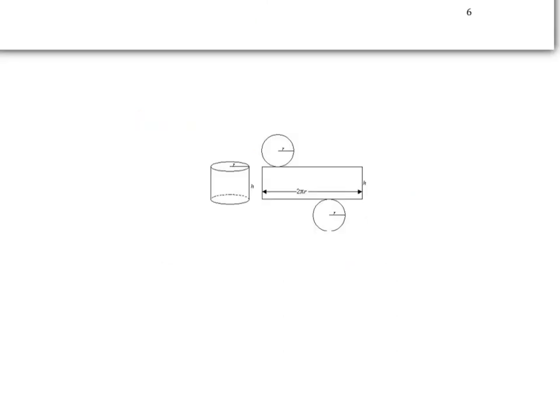Picture a wrapper on a can of soup or something like that, and when we peel it off, we know that we end up getting a big rectangle. Now, the height of that rectangle is just the height of our can, but as we peel that wrapper around and around, that ends up being the circumference of our can, which also happens to be the length of the rectangle. In other words, the area of that lateral surface, or the surface going around, not including the circular bases,